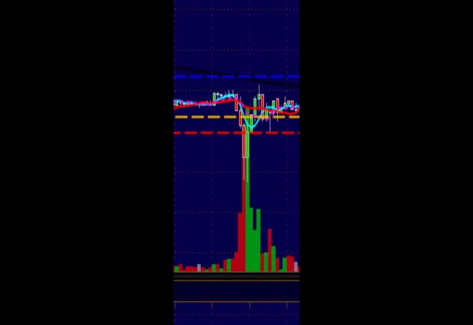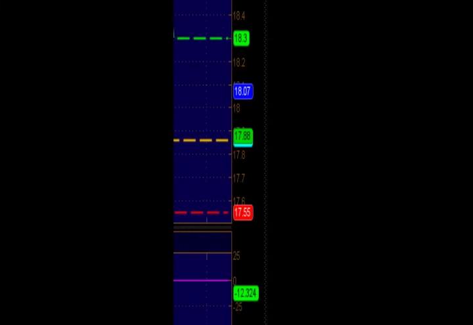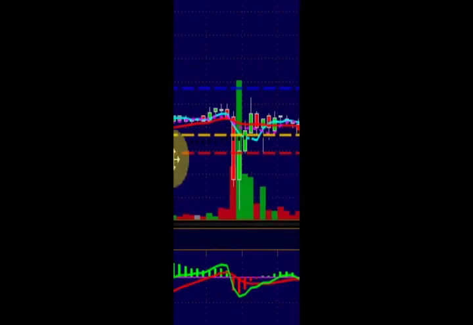And I'm looking at a 3-minute chart here. We can change this to a 5-minute and you'll get the same basic effect. There's your big drop off for those 5 minutes, and it reaches a low of 17.55 or so, and then the buyers come back in, those that know better, and they move the stock right back into the range where it was. So this is Best Buy,